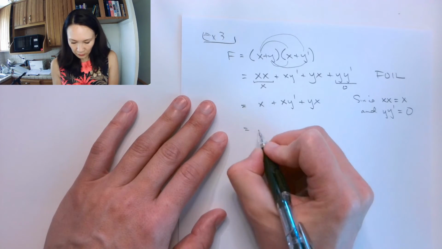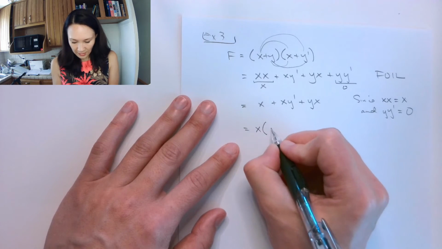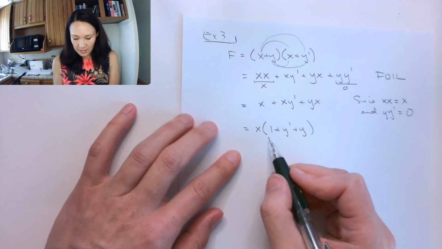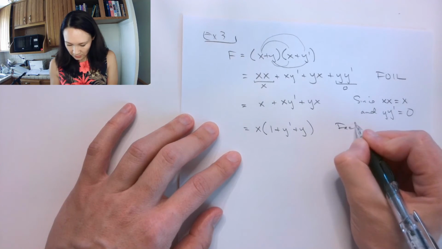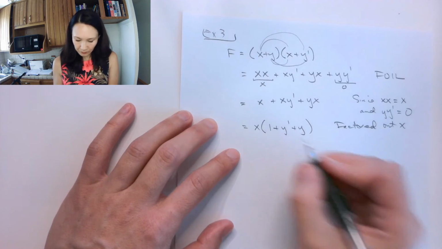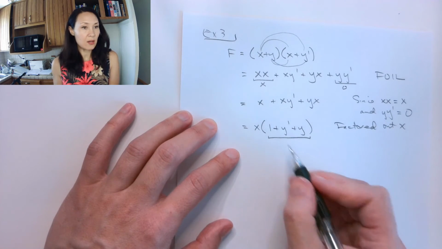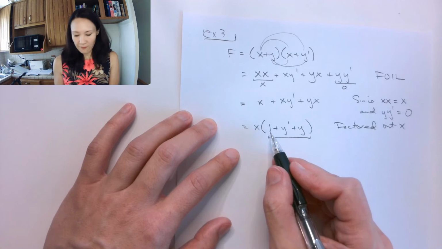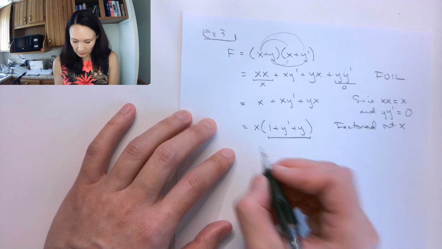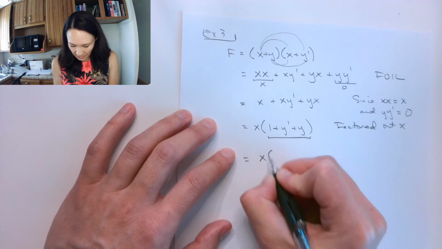Okay, great. So at this point, in each of these terms I have an x. So let me go ahead and factor that out. If I factor out an x, I get (1 or y' or y). Now here I just factored out x. This thing inside of here has a 1 in it. So if I'm ORing a 1 with anything, then my result is always going to be 1. So this is just x ANDed with 1,